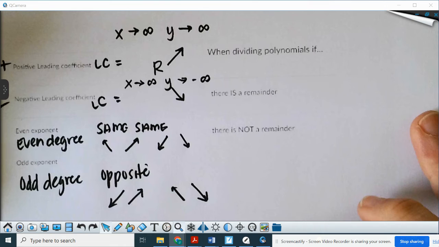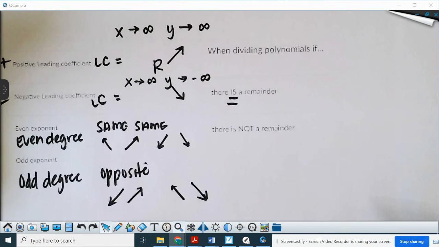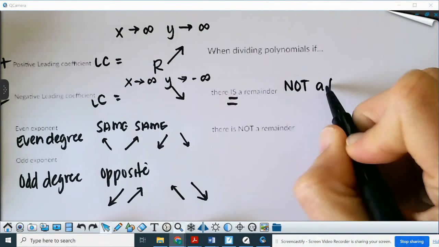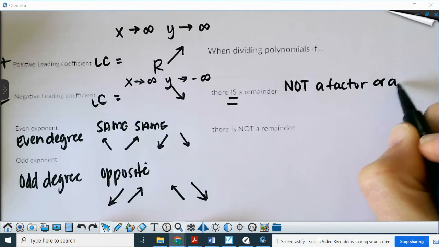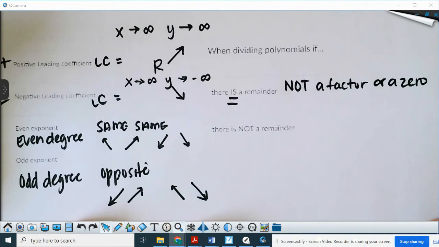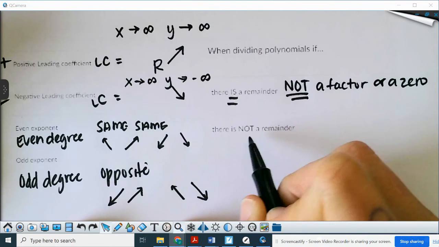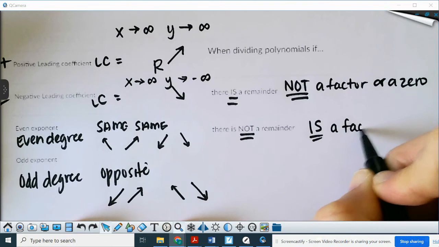Now, some more vocabulary. When dividing polynomials, if there is a remainder, so that means when you divide it, there is an r at the end or a number left in the box if you choose to do the box method, then it is not a factor or a zero. Not a factor or a zero or root, solution, whatever you want to call it. So if there is a remainder, not a factor. If there is not a remainder, then it is a factor or zero or root,